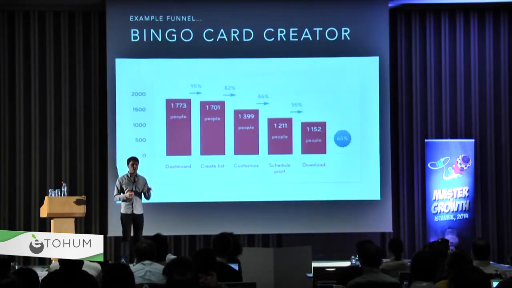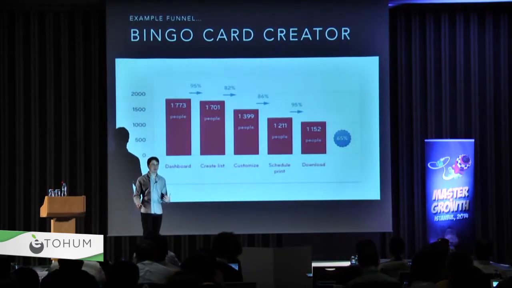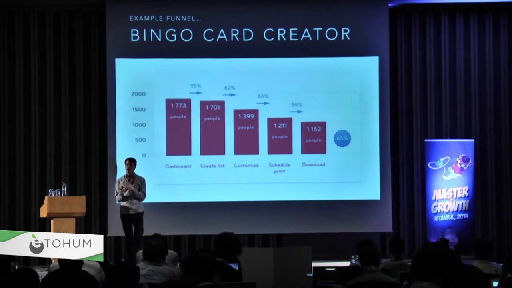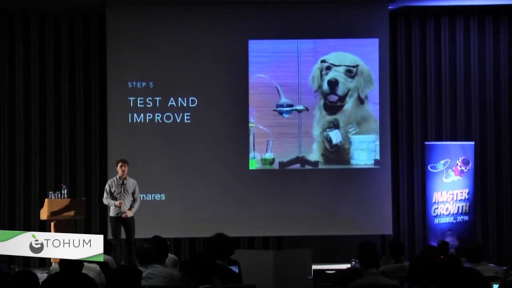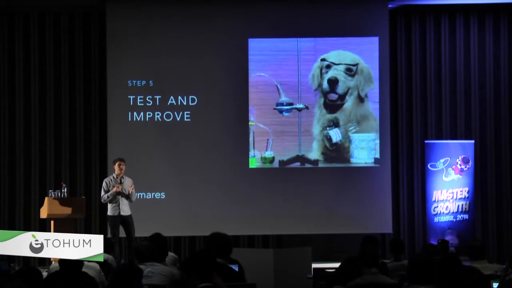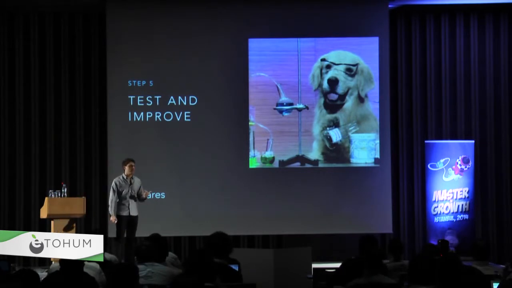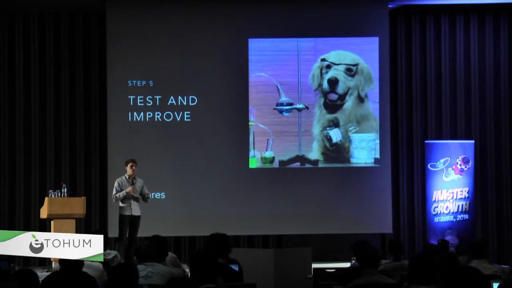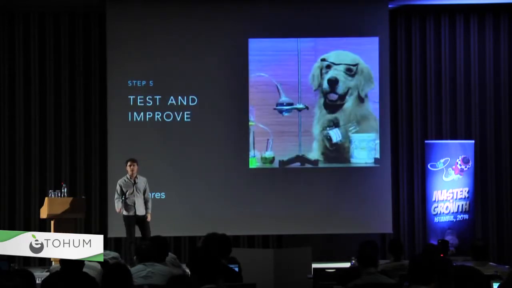So once you have these fall-off points, you are starting to figure out, okay, why are people dropping out of my funnel? What are the reasons? There are reasons behind these things. What are they? And then once you know the reasons, that's when you start testing and trying to improve these different steps where people are falling off. You create different test hypotheses and say, okay, people are getting confused because they don't know what framework, what language to download, what code snippet, how to install it. How can we test this? That's where we went into a pretty rigorous process of testing and trying to improve this rate.